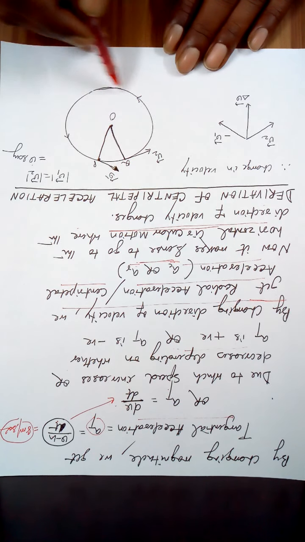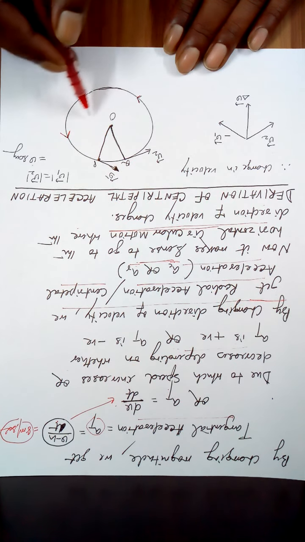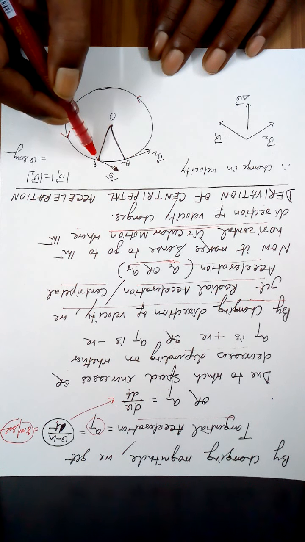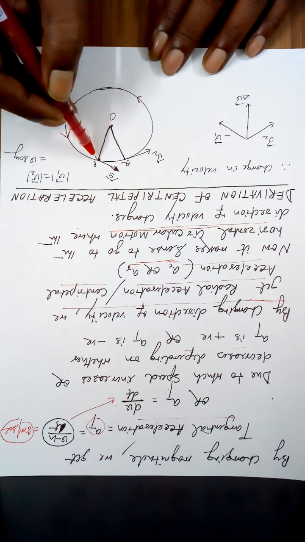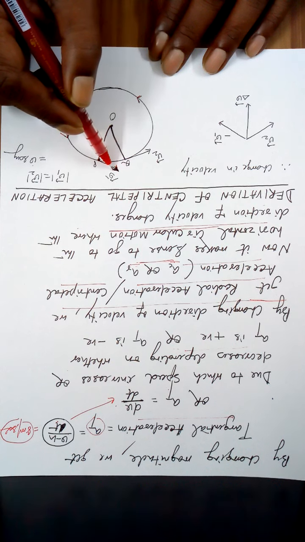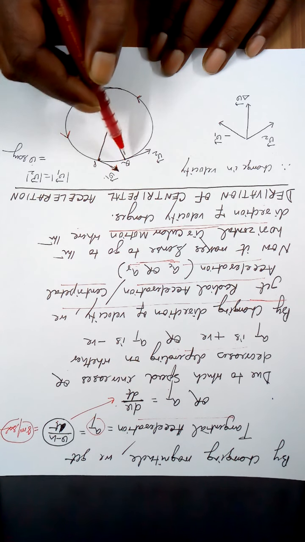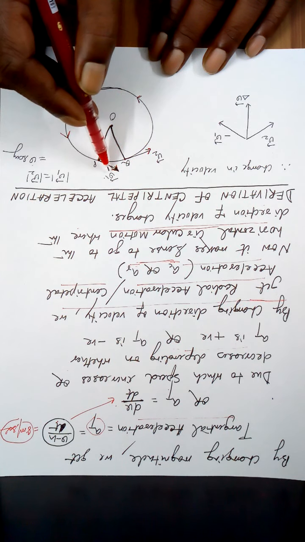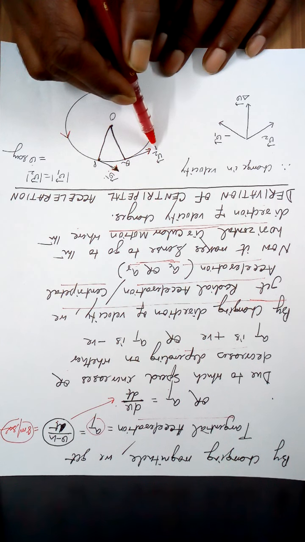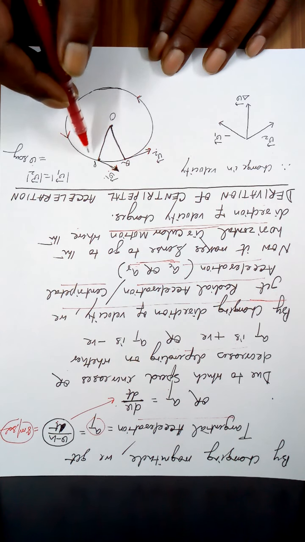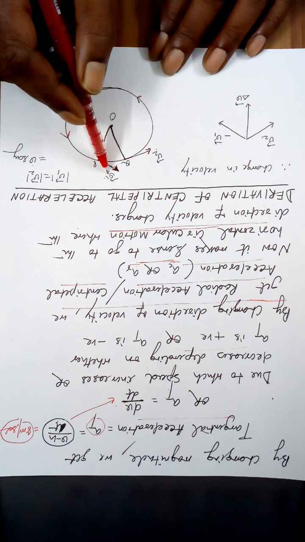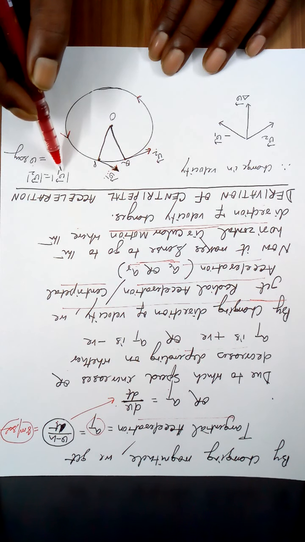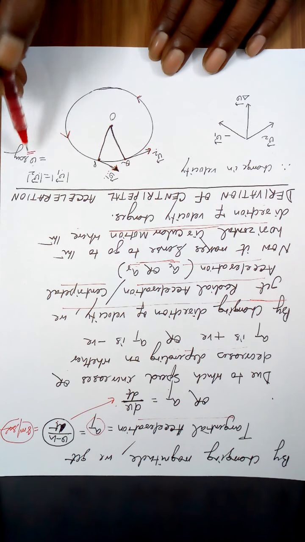Now look, this is a circular path. A body is moving in this horizontal circular path. When it is at P, the direction of its velocity is this way. I write it as V1. When it is at Q, the direction of its velocity is this way, and I write it as velocity V2. But the magnitude is the same. Suppose 5 meter per second, then the magnitude of V1 is 5 meter per second, and the magnitude of V2 is also 5 meter per second. The magnitude of V1 and V2 is the same, let it be V.